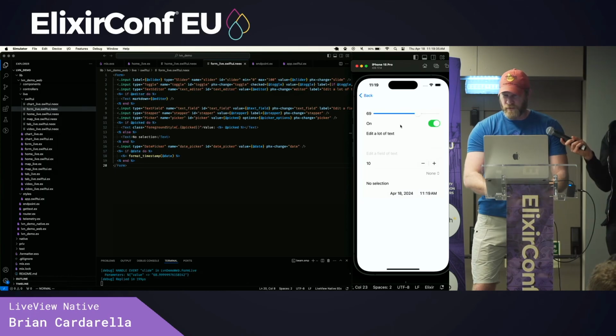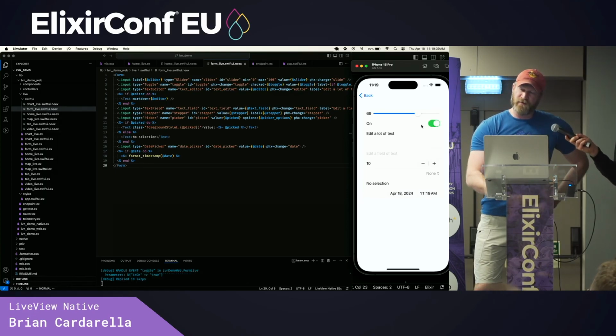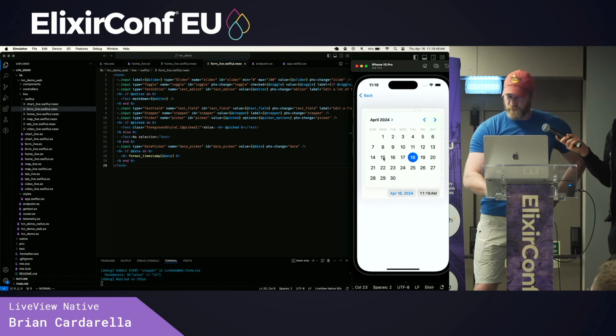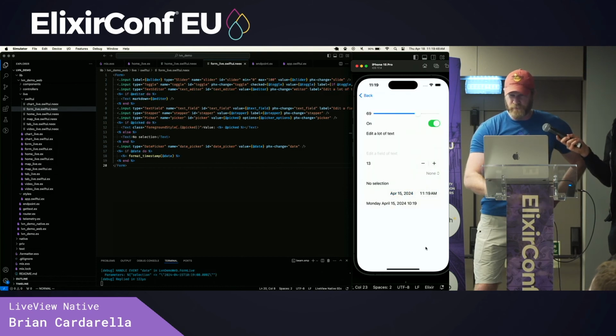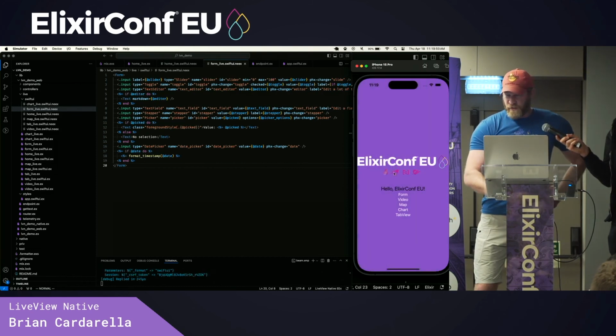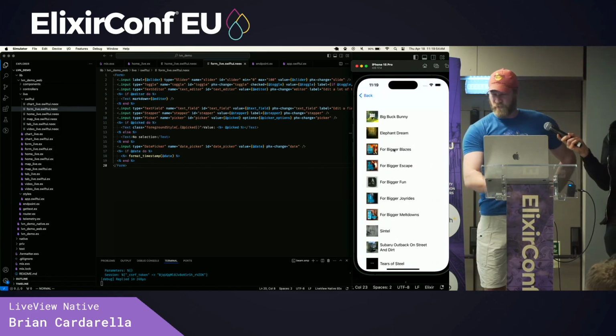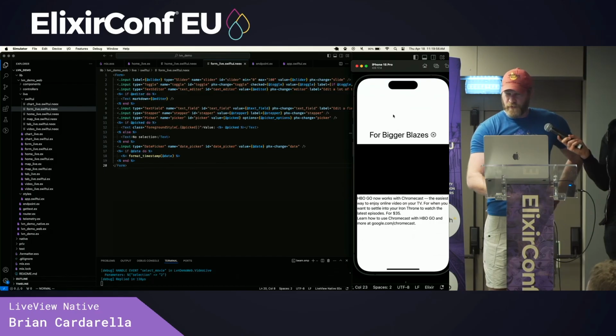So these are all linking back to assigned variables and rendering out properly. Everything's happening server side and then coming back to the client. So if we change the date, it's going to show up right here. If we go back here, we can look at video, where we wrapped AVKit. I don't think we have everything wrapped yet, but here I took